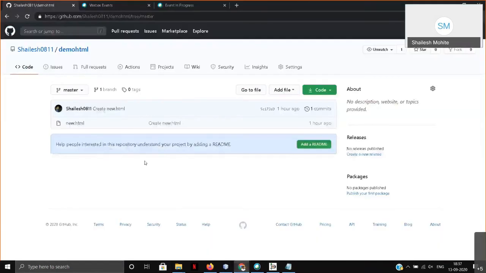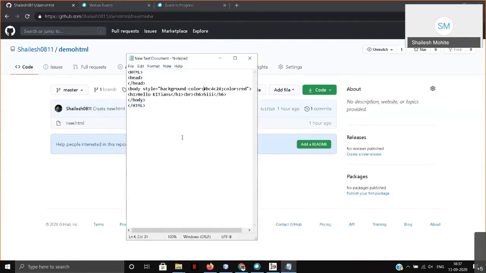One thing. Yesterday I got some queries that we are facing some issues with the GitHub commands. So I suggest you first go through these commands, and if you don't want to use those commands,